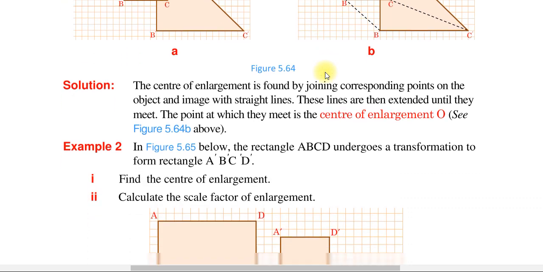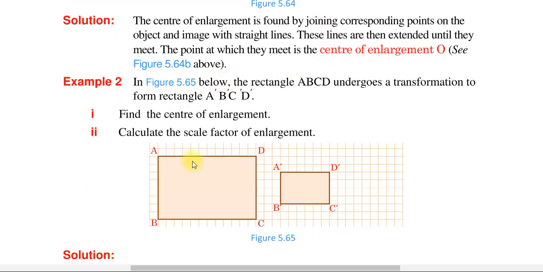Another example in this figure, the rectangle ABCD undergoes a transformation to form a rectangle A prime, B prime, C prime, and D prime. So first find the center of enlargement ይለናል። ሁለተኛ ደግሞ calculate the scale factor of enlargement. Scale factorንም center of enlargementንም ፈልጉ ይለናል።